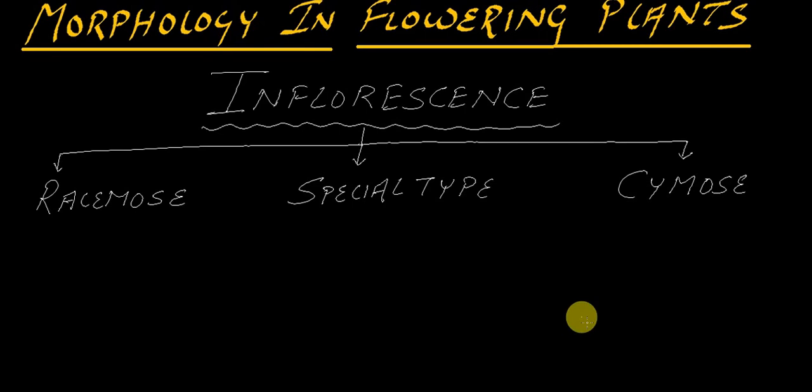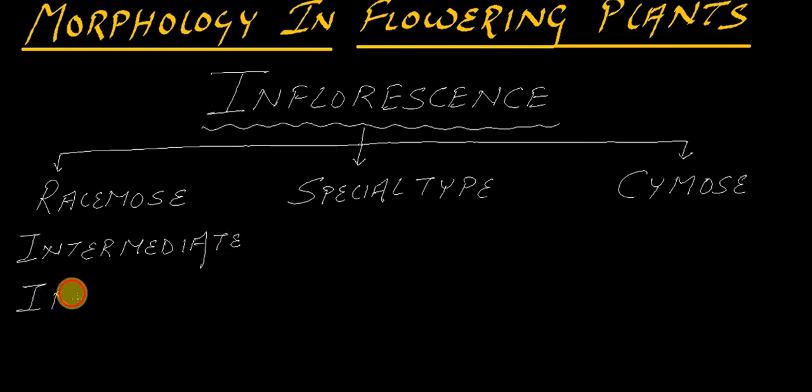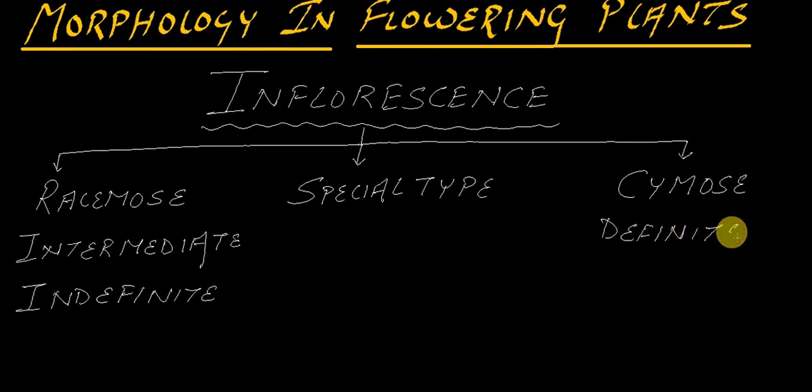Inflorescence is of different type, as you can see. There is racemose, special type, and cymose. So when you talk about the racemose inflorescence, it is also called as indefinite inflorescence. You might hear these kind of terms. Then cymose is called as definite inflorescence. Now here one thing you should know, that in racemose inflorescence there is an axis, there is this